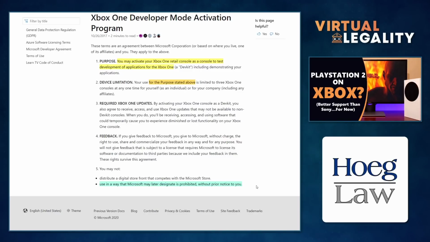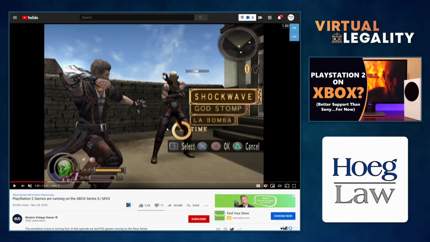pretty interesting to people that are interested in this archival of video games. So Microsoft could potentially say, nah, we're gonna accept this. We're gonna allow these emulators, and then we'll just have the fight with Nintendo and Sony if they want to bring it. Now, one other thing that you will see in this Modern Vintage Gamer video, if you watch it,